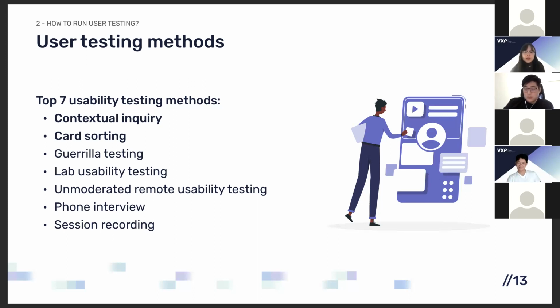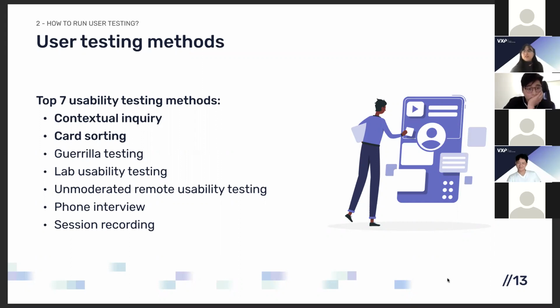So what we're going to look at today is the first two, contextual inquiry and card sorting, which you can do in any setting. It can be remote, it can be in person,